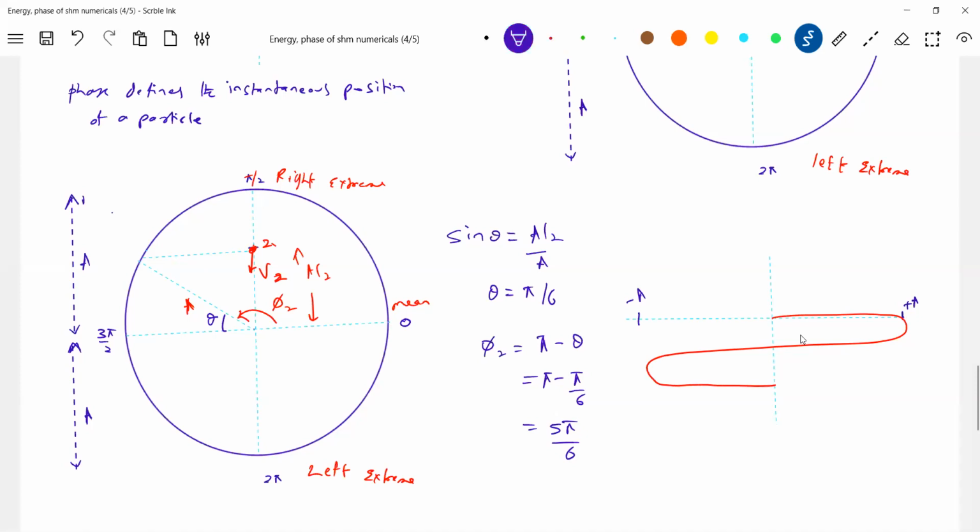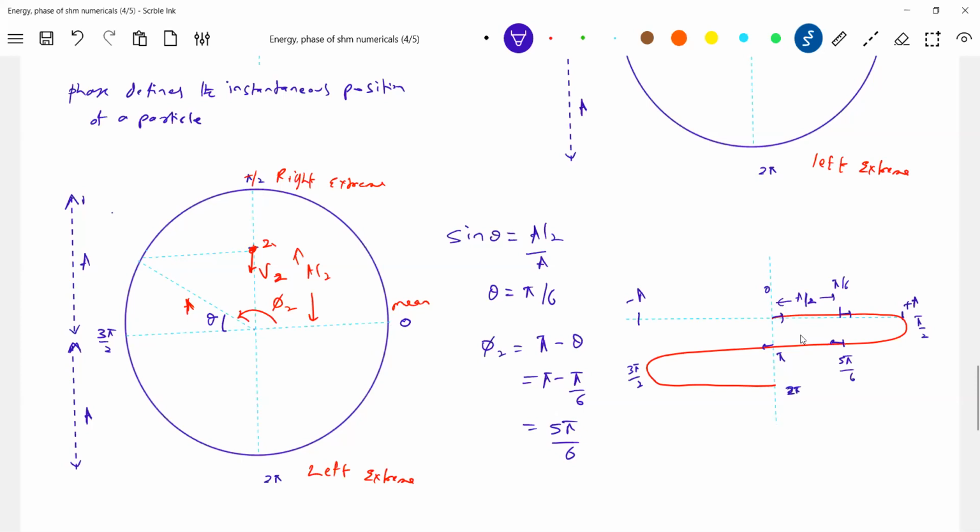Okay, now this will be 0 phase. Somewhere here at A by 2, how much is it? At A by 2 it will be pi by 6, and pi by 2 further on. Again, when the particle is at A by 2, how much phase will it have? 5 pi by 6. So here pi, this will be 3 pi by 2. If you want one more A by 2 or anything else, you can show it. And this will be 2 pi. Okay, what is the problem now?